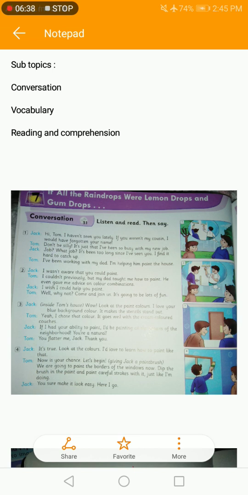Jake, I wasn't aware that you could paint. Tom, I couldn't previously, but my dad taught me how to paint. He even gave me advice on color combination. Jake, I wish I could help you paint. Tom, well, why not? Come and join us. It's going to be lots of fun. Jake, inside Tom's house. Wow, look at the paint colors. I love your blue background color. It makes the